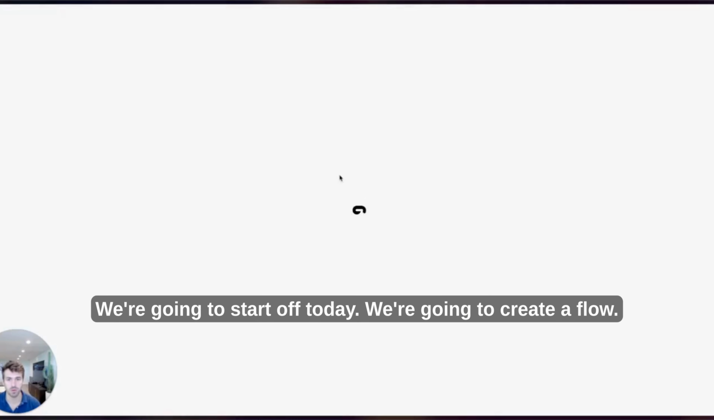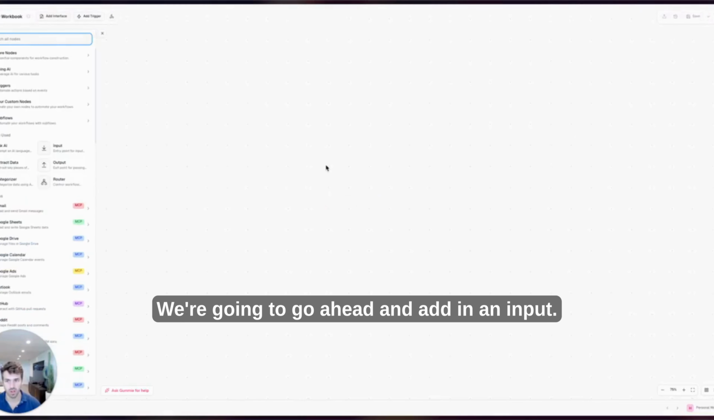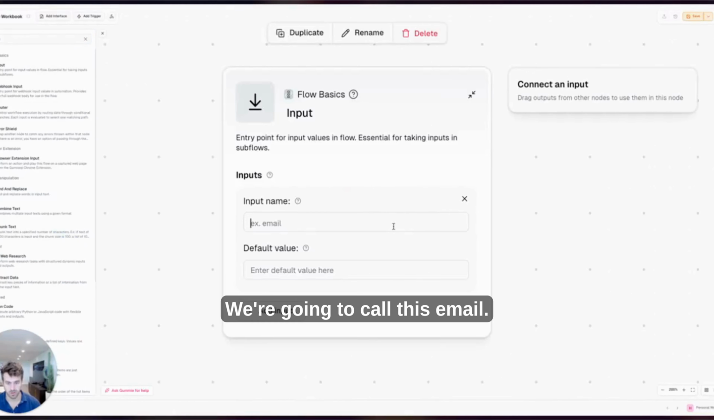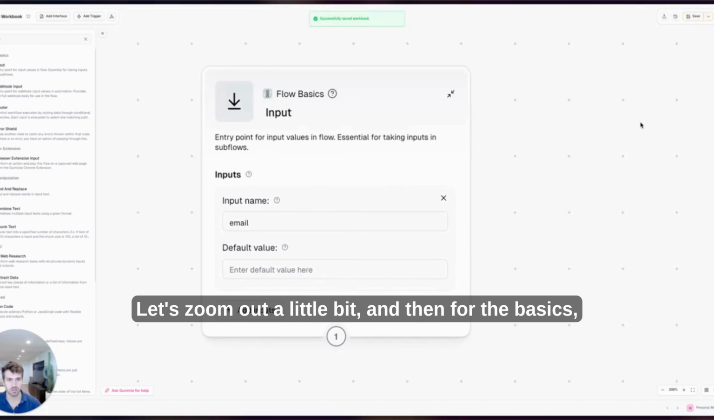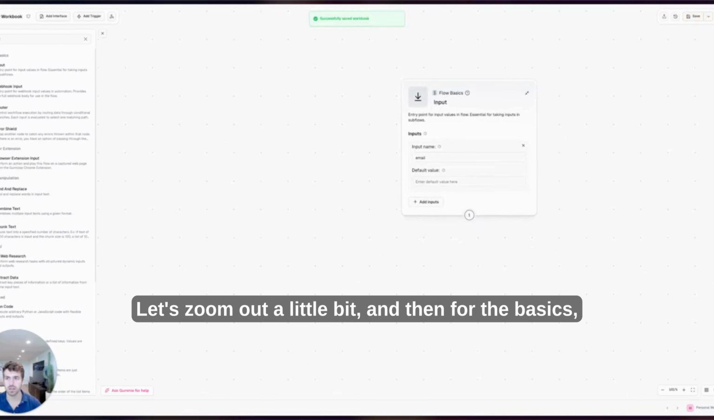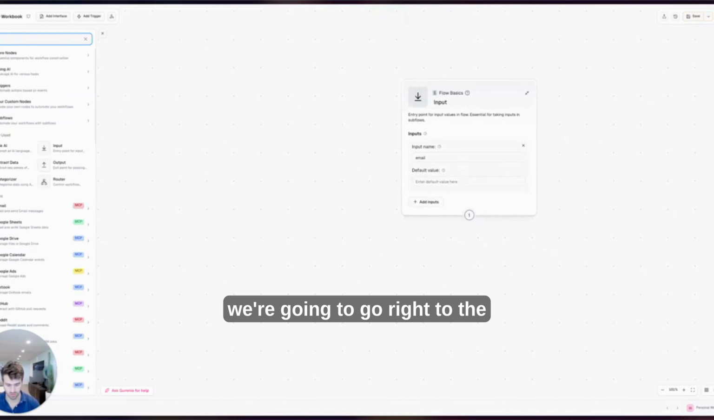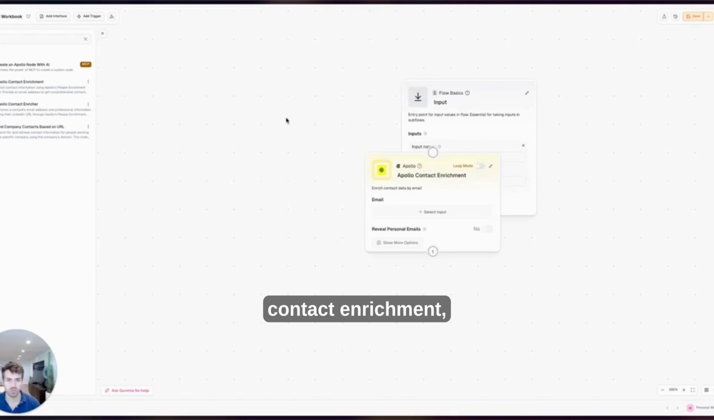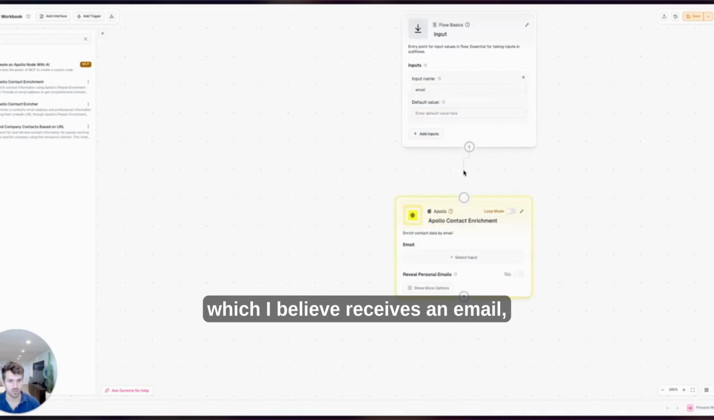We're going to start off today. We're going to create a flow. We're going to go ahead and add in an input. We're going to call this email. We'll save it. Let's zoom out a little bit. And then for the basics, we're going to go right to Apollo. So we have Apollo contact enrichment, which I believe receives an email